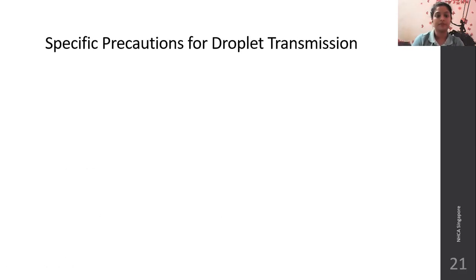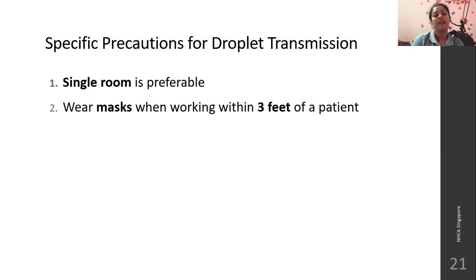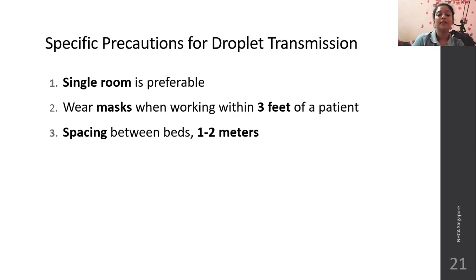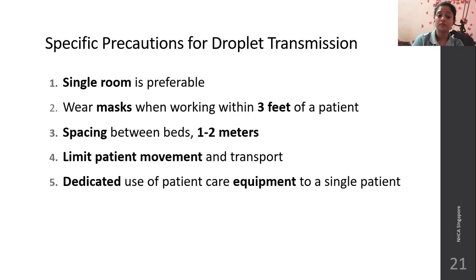The management is similar. Specific precautions for droplet transmission: a single room, if preferable. Wear a mask while working within 3 feet of the patient. Spacing between the beds should be at least 1 to 2 meters, because the droplets stay very near, 1 to 1.5 meters, spreading near the patient. Limit patient movement and transport. Use patient care equipment dedicated to a single patient. If you are planning to reuse the equipment or instrument for another patient, make sure it is properly